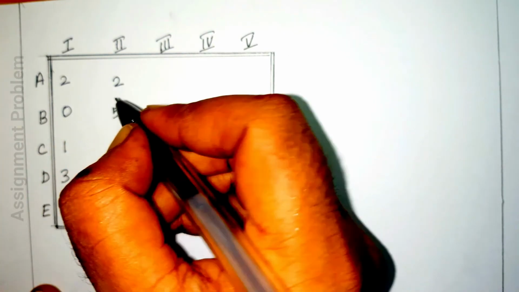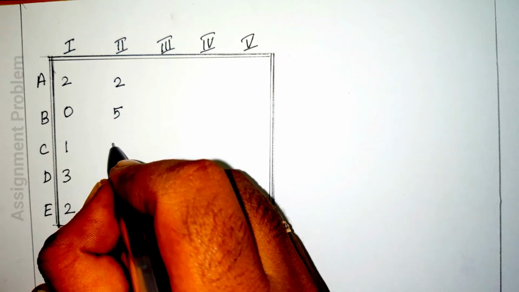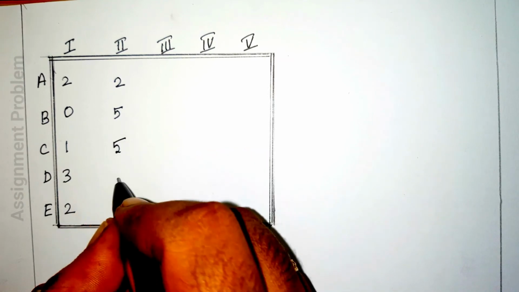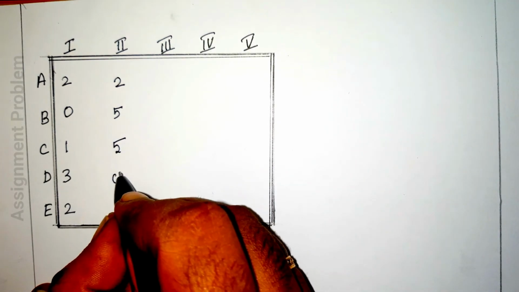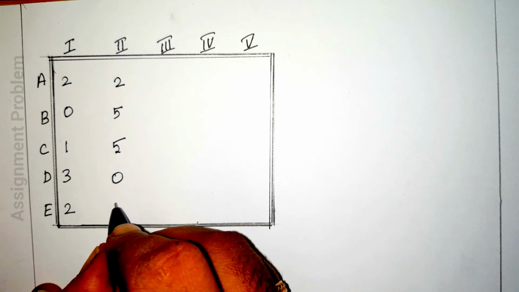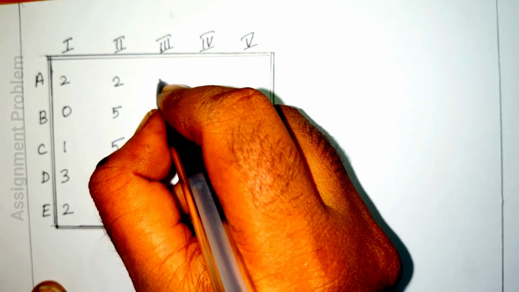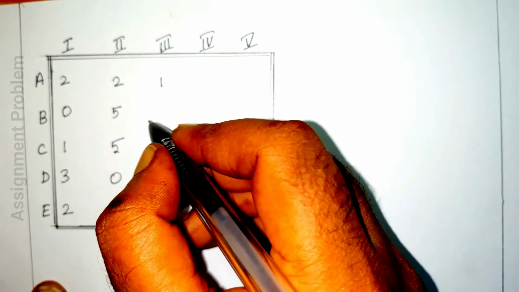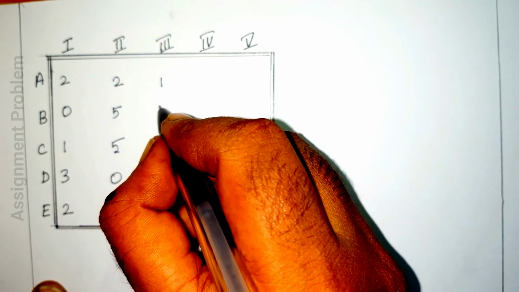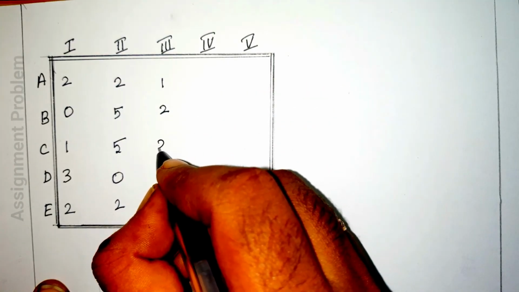5 covered with a single line, write as it is. And for 6 no line, so subtract 1, so 5. 0 is covered with a single line, write as it is. And 3 is uncovered, so 3 minus 1 is 2. Third column, 1 is covered with a single line, so write as it is. 2 is covered with a single line, write as it is. 3 is uncovered, so 3 minus 1 is 2.